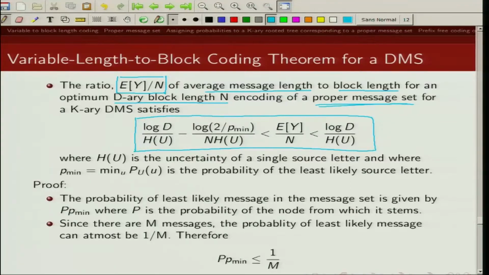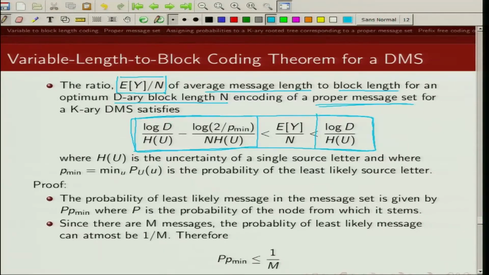Remember, we want this ratio n by expected value of y to be as large as possible. So I am giving you bounds on expected value of y given n for a proper message set. It is lower bounded by this term and upper bounded by this term,